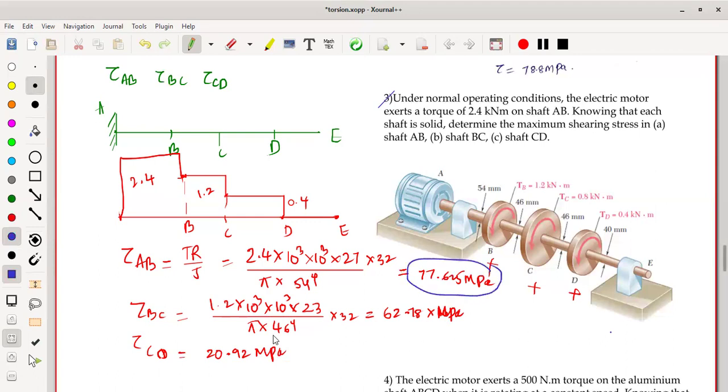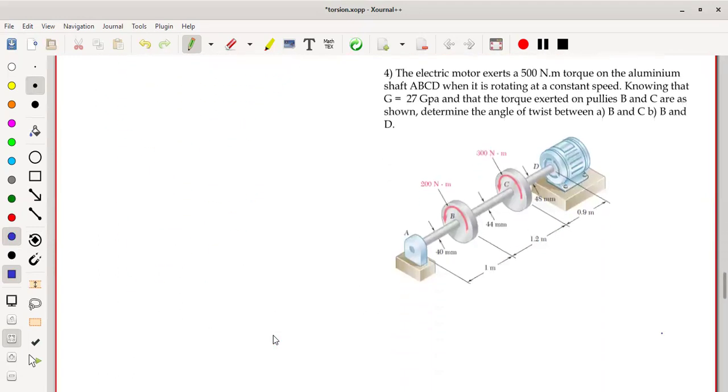That's it. So there is a problem, and it is also a similar problem, but he didn't ask to determine the shear stress. He asked to determine the angle of twist. So the angle of twist you can solve the same way. Here also we have to draw the